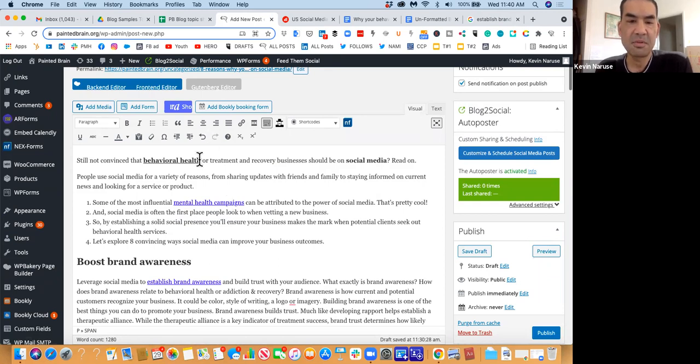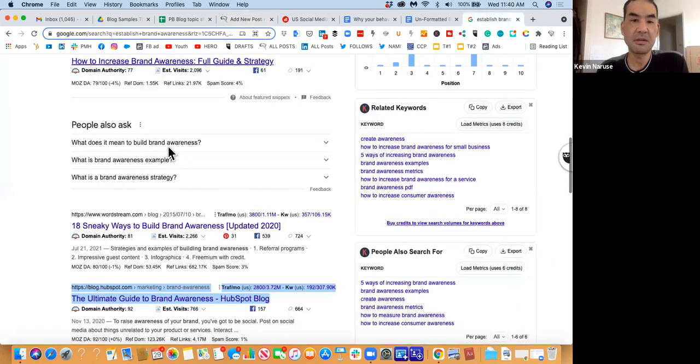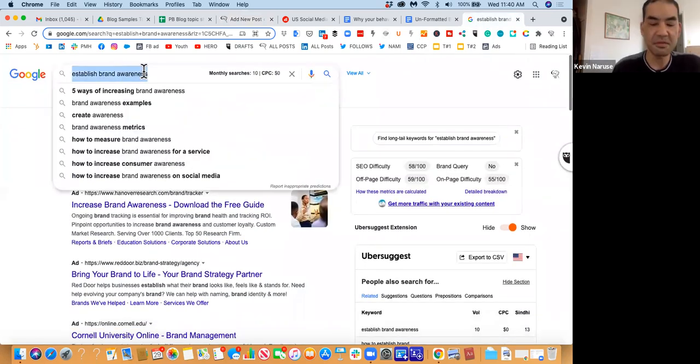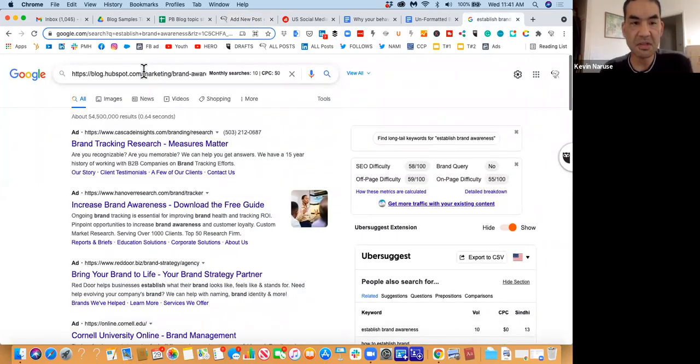Now, a crude way of doing this is if you want to make behavioral health a link, you not only bold-faced it, you not only underlined it, which tells Google this is especially important, but if you're adding a link to it, that even adds a third signal to Google that you're actually going to expand upon it by offering a link to it. So let's say that I type in behavioral health, and I would ask you, if you were to do this, to be a little more selective about the sources you include on there.